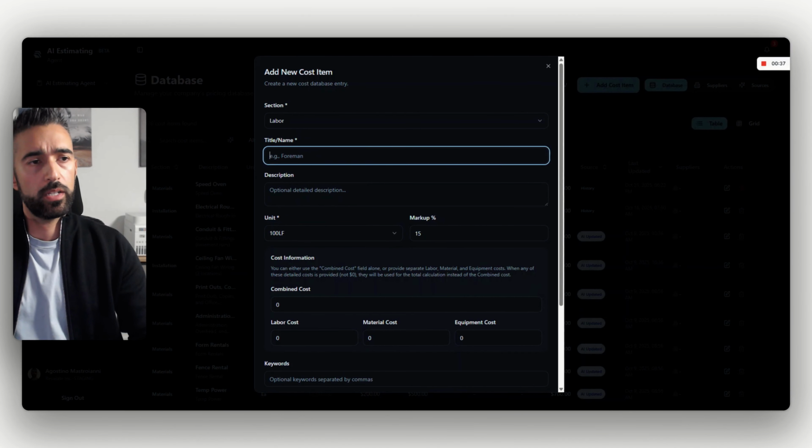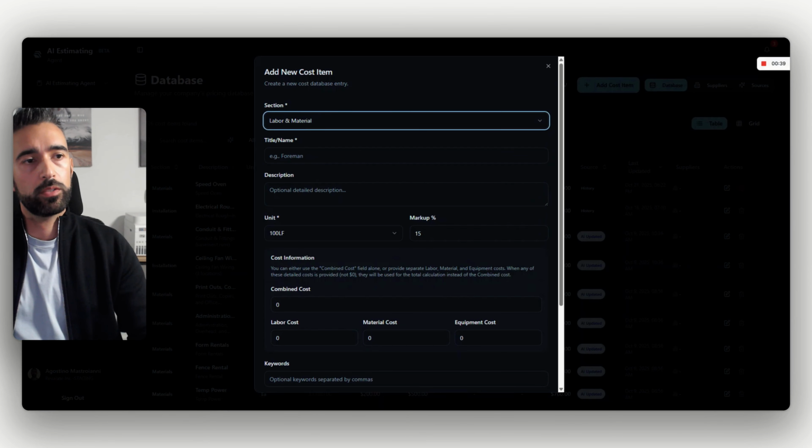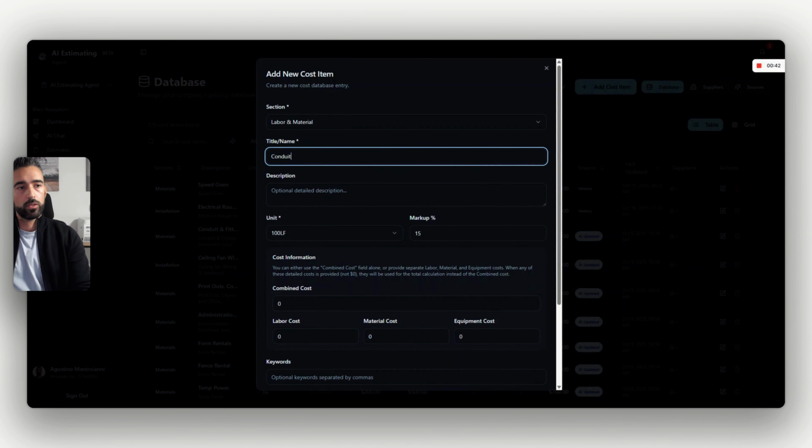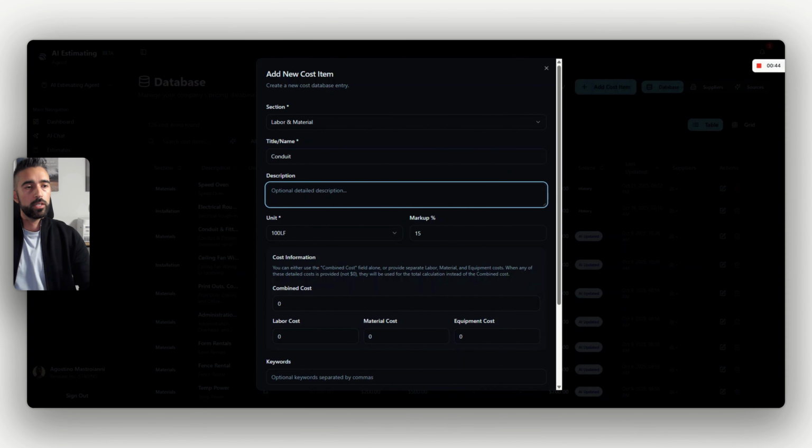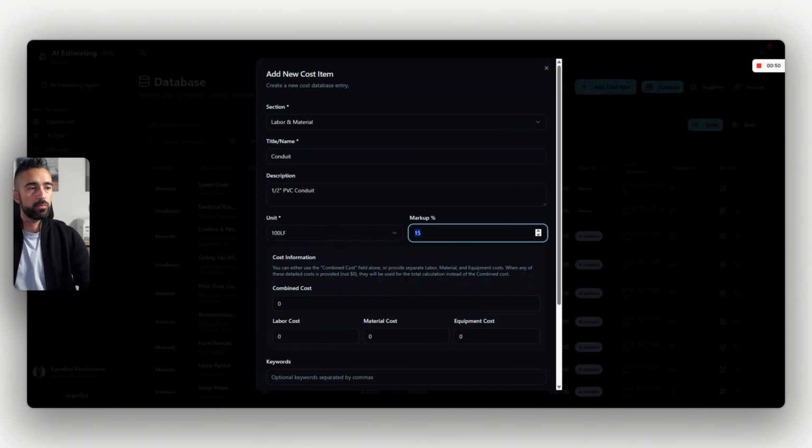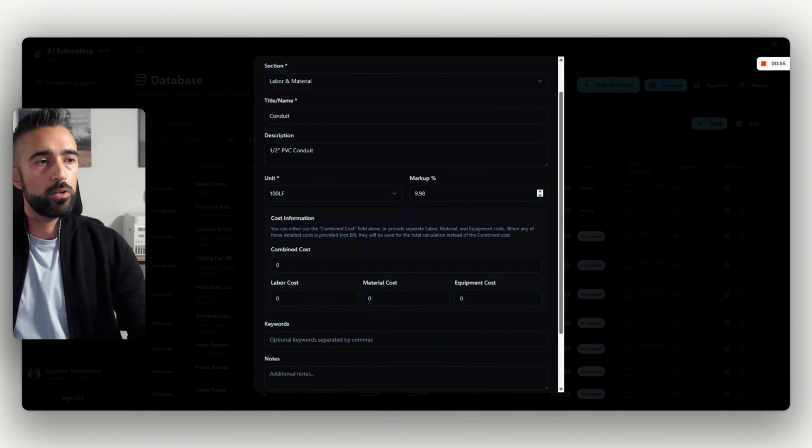The reason I'm doing this is that I want to add in a new labor and material item for a conduit category. And this is going to be half-inch PVC conduit. So I'm going to be pricing this out at 100 linear feet. Markup, let's go with 1%. And then